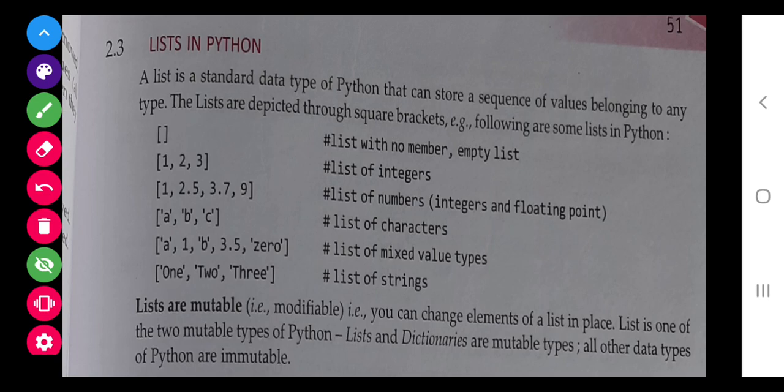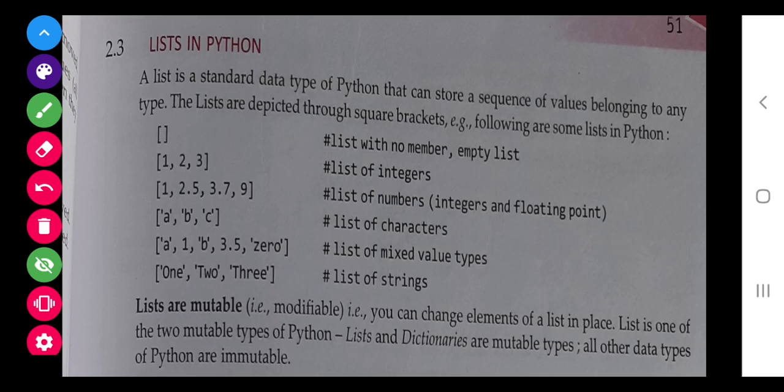Class, today we are going to revise lists in Python that you have done many times. So, just a revision and some important keys, or you can say functions, that we are going to learn today. Talking about lists in Python, there are different types.